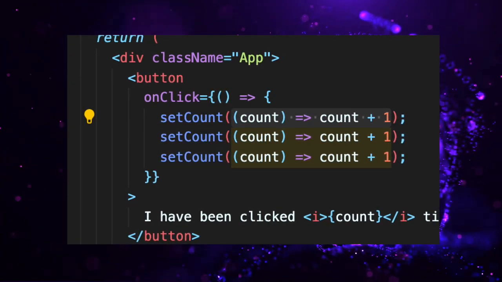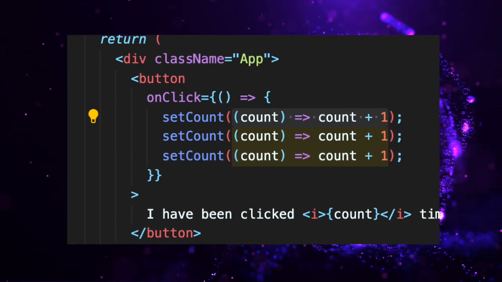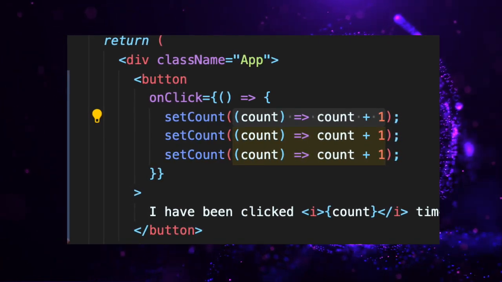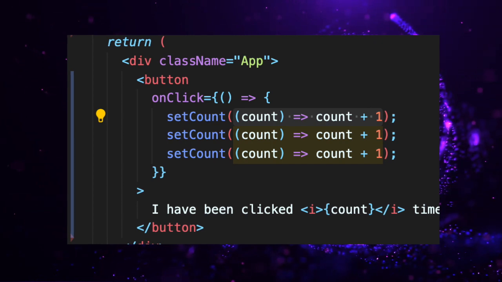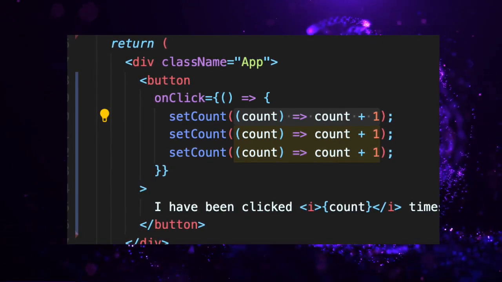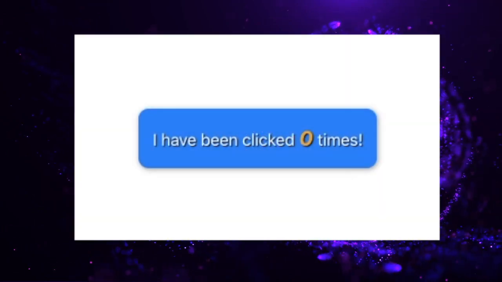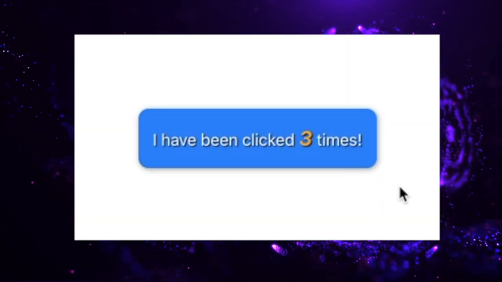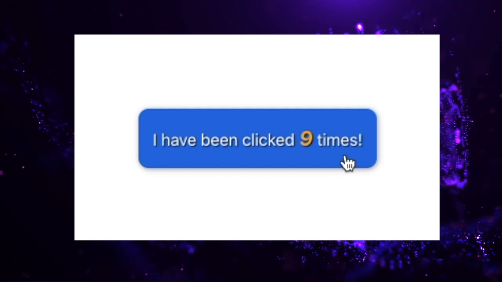And this is really simple. I mean, basically it's just a function that takes in your current state value, and you need to return your new state value. So in this case, it's a function that takes in count, and we basically return count plus 1. So now when we click on the button it increments by 3 every time, and that is the actual desired